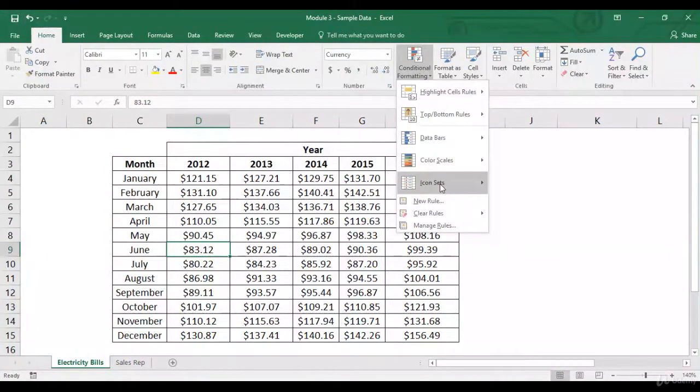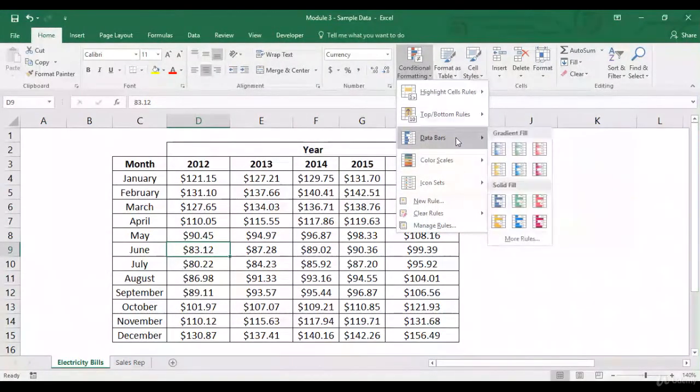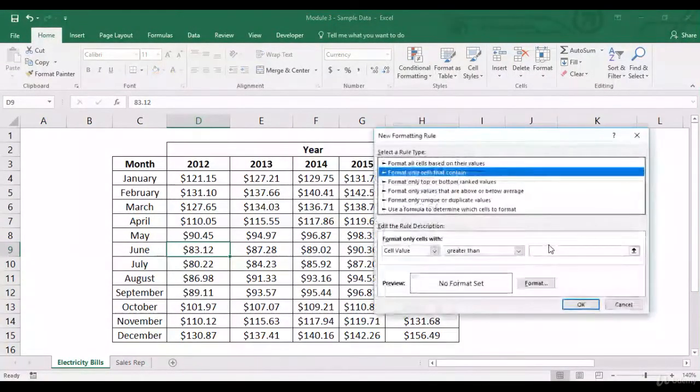Now let's look at other options which are whenever we clicked on color scales or data bars or top bottom rules or highlight cell rules, we always came across more rules.